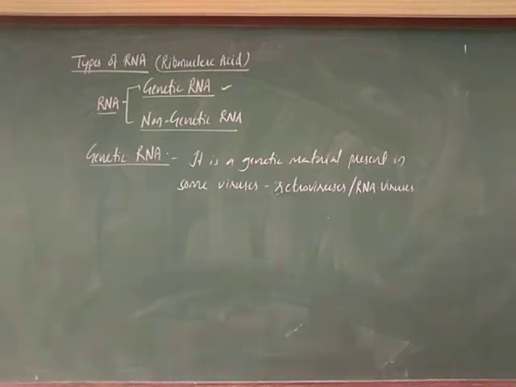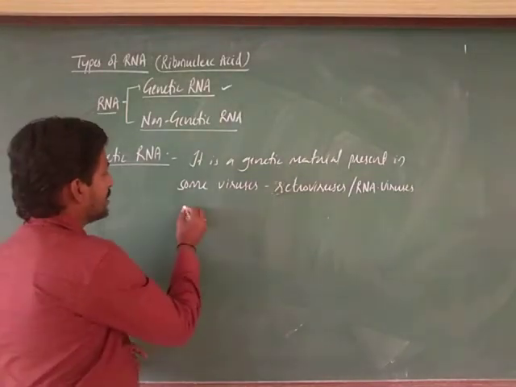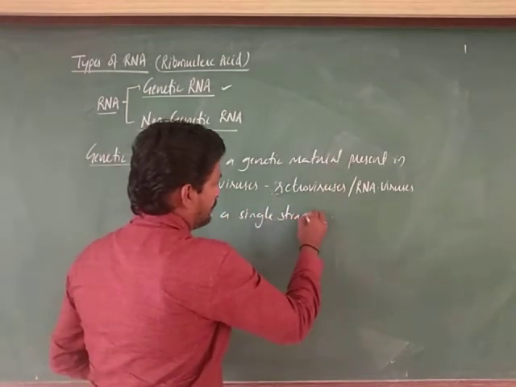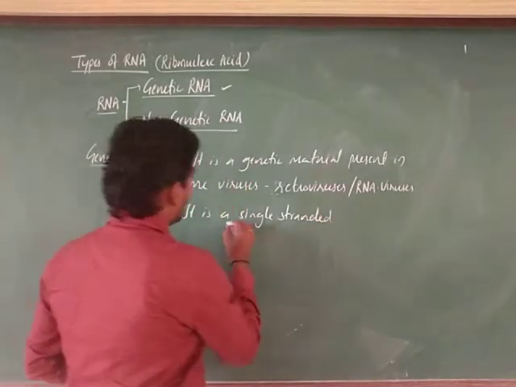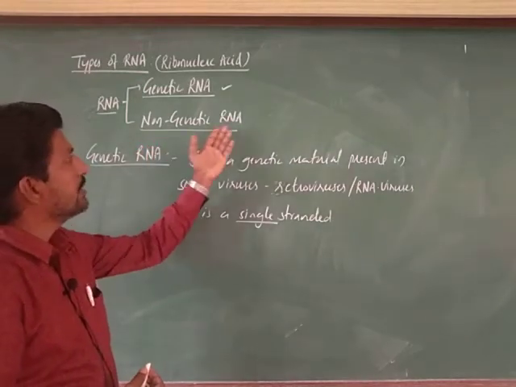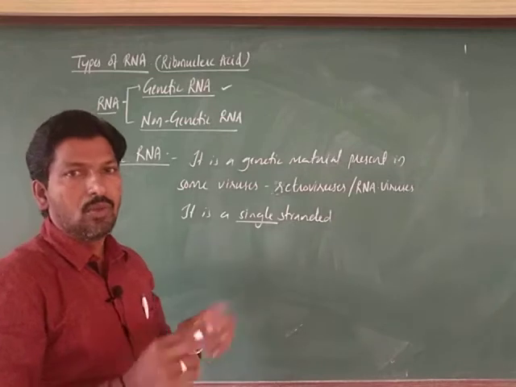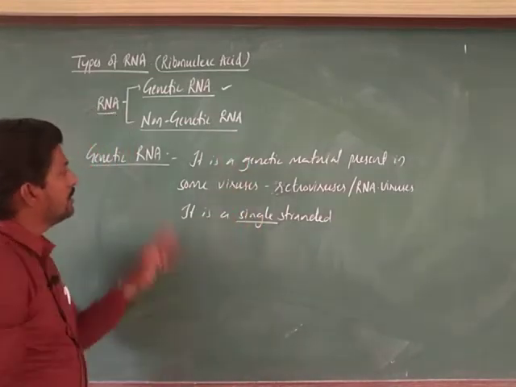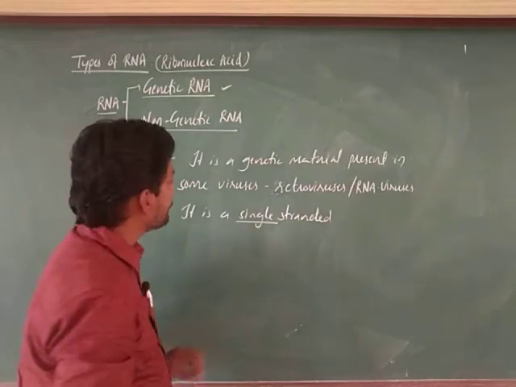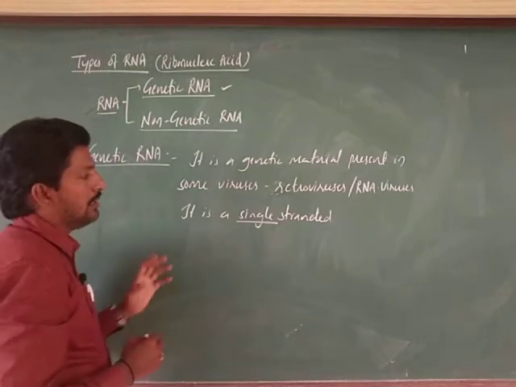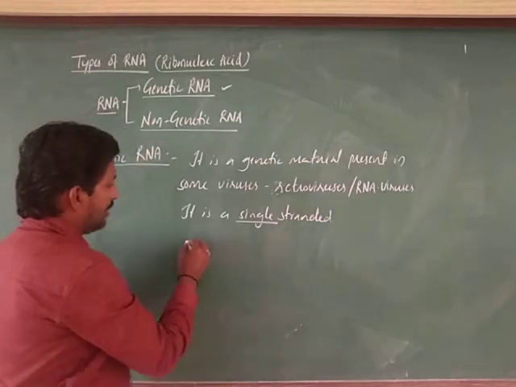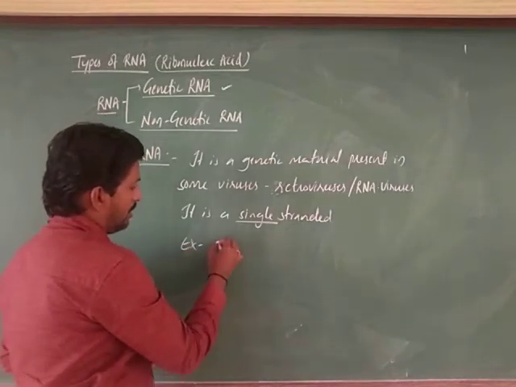Here this genetic RNA is usually single stranded. Usually RNA is single stranded, sometimes it folds into loop-like structures, which we will discuss later, right. So, the genetic RNA is single stranded, you remember, and it is found in some viruses like retroviruses. You can take examples like HIV,